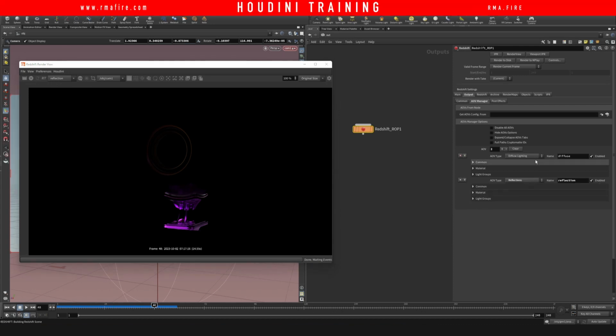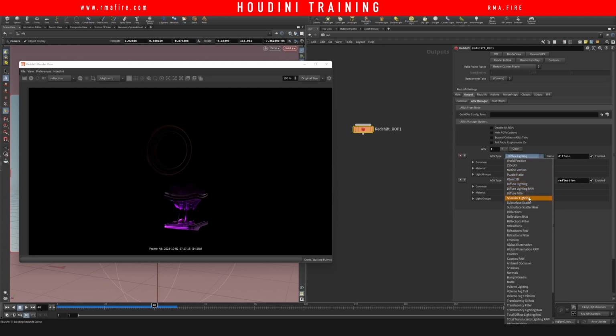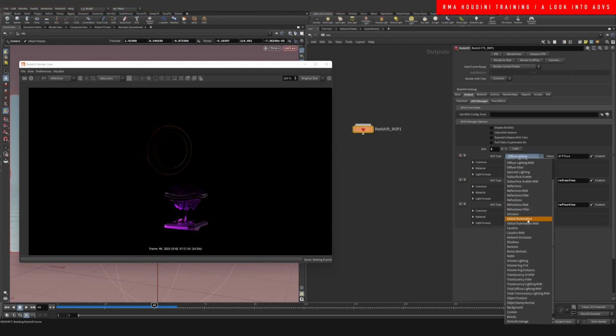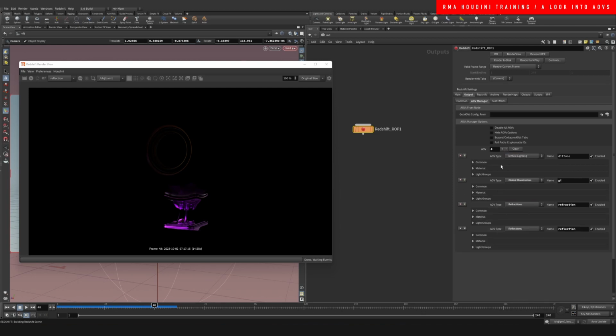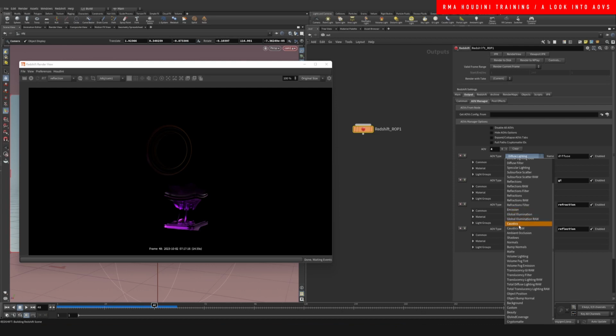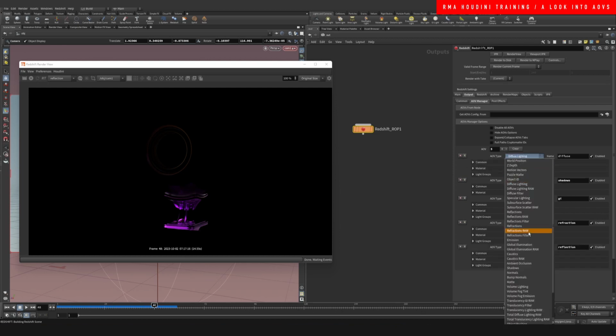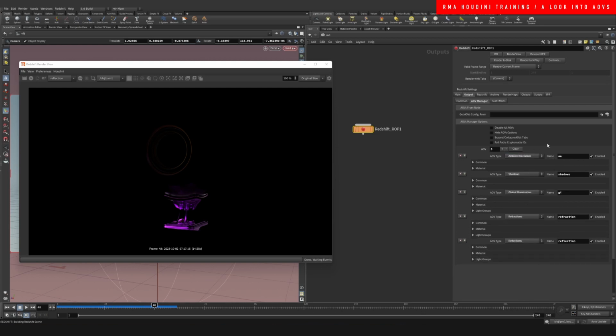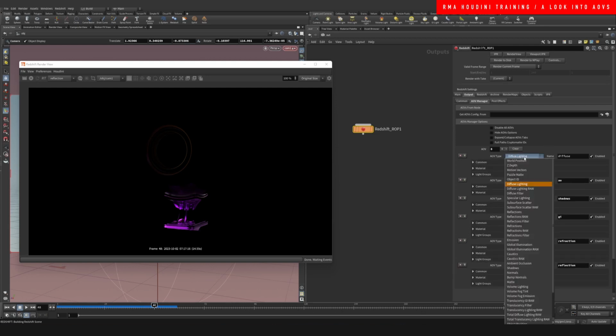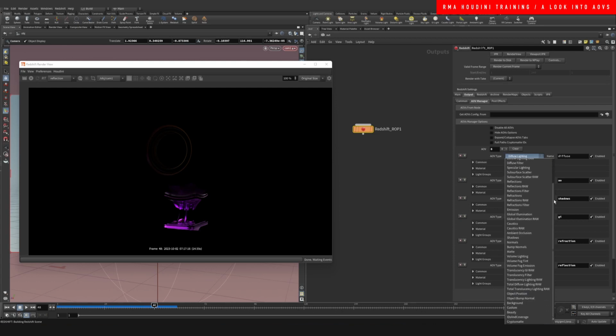For example, we can go to our refraction. Another one that I like to use is my GI, my global illumination. The emissive material is useful when you have emission, but we don't have any emission in here. But maybe we use our shadows, maybe our ambient occlusion. And let's see what else. I mean, you could do your crypto mats here,